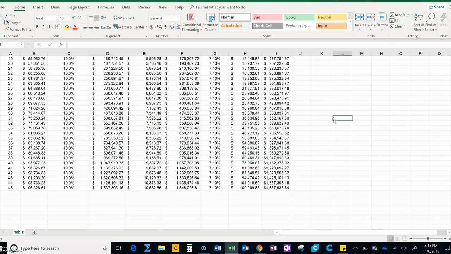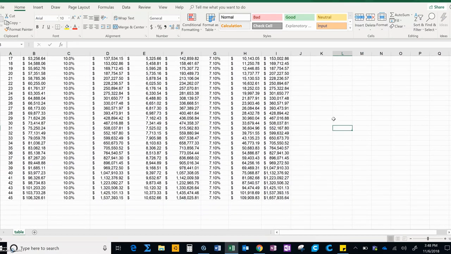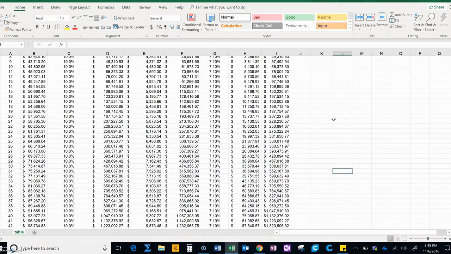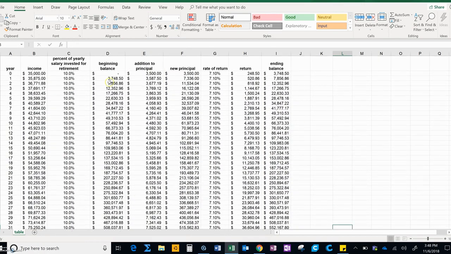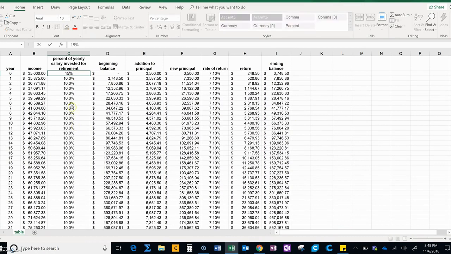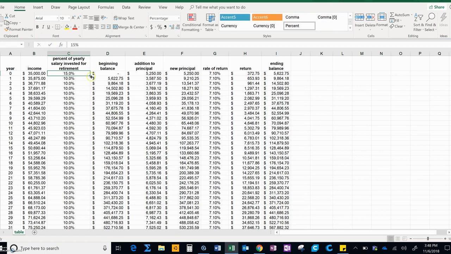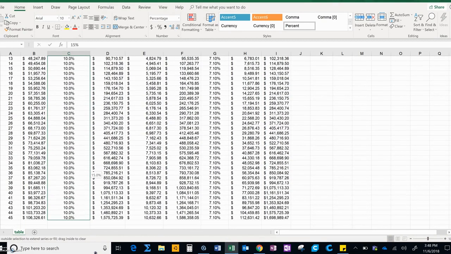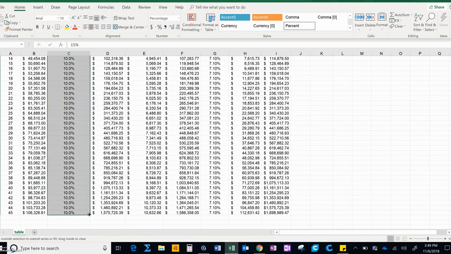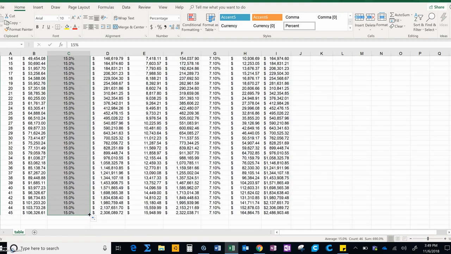So now there's some things we can do to play around. Not only can we change the length of time that we're investing, but we can change the percentage that we invest. So for example, maybe I put 15% in. I can type 15 here, and I'm going to click that green check right there, which accepts it. And then I'm going to use that little black plus and use the autofill to go down and copy 15% all the way down. So now I'm putting more money away, 5% more,